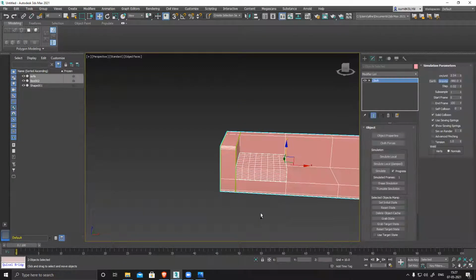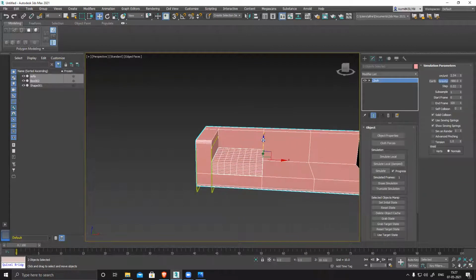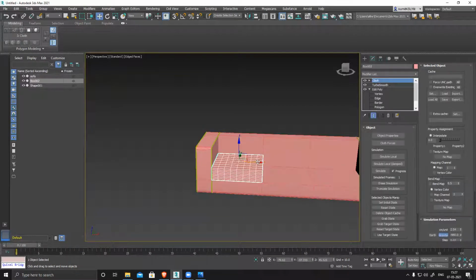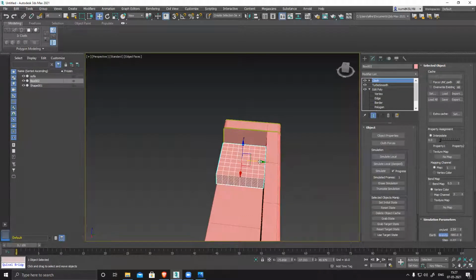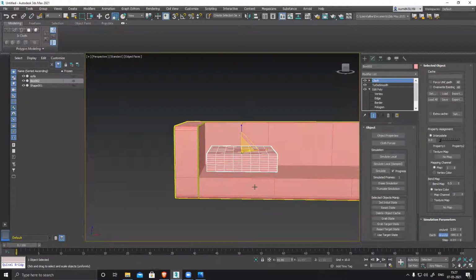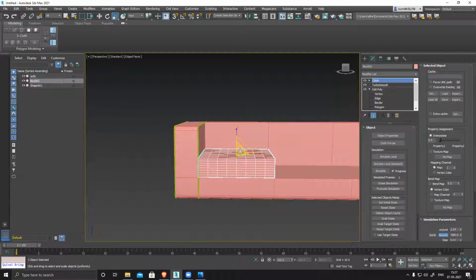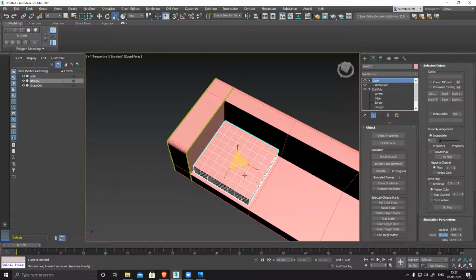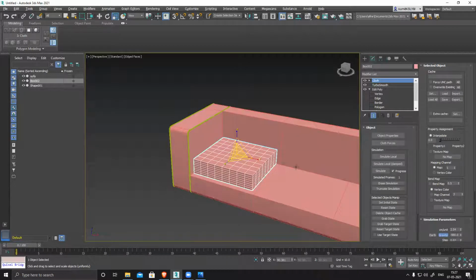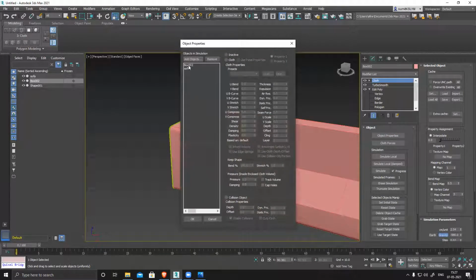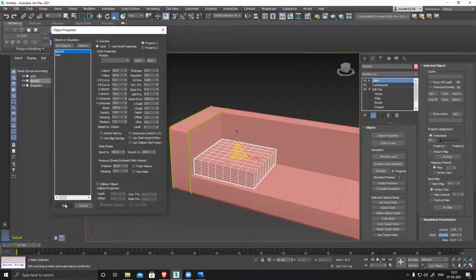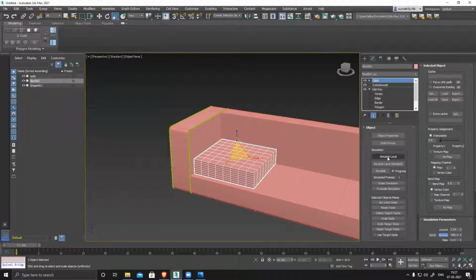So what I have to do is undo this, select the cushion only, move it a little to the side and slightly up so that it doesn't intersect with the mesh, and reduce the model slightly, or I can just reduce it overall slightly so there is a gap on all sides. Project setting, box 26, fine, okay, simulate.